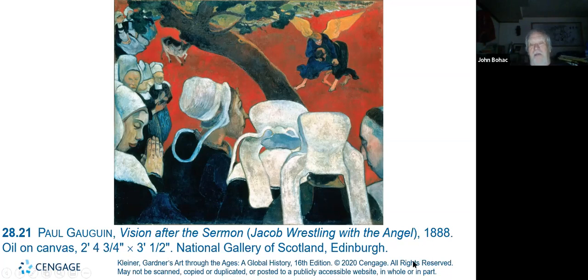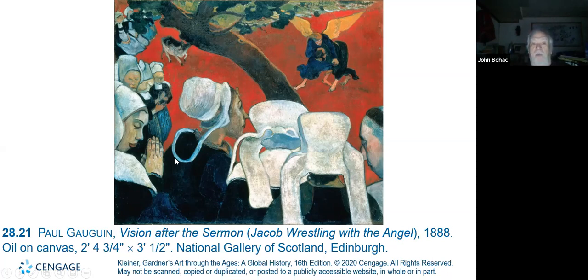And same time, 1888. Vision After the Sermon, Jacob Wrestling with Angels. And so Gauguin has some of this kind of realist stuff. These women here, they're dressed like ordinary women from an ordinary village in northern France, in Belgium, northern France. It's a European kind of thing. Anyway,